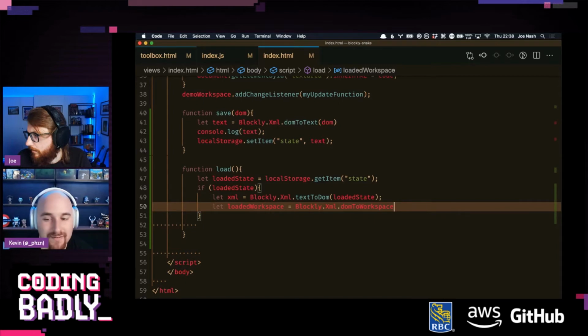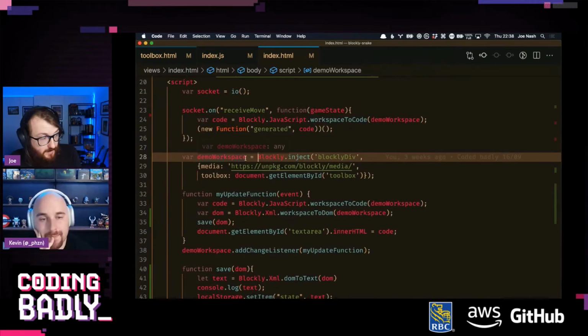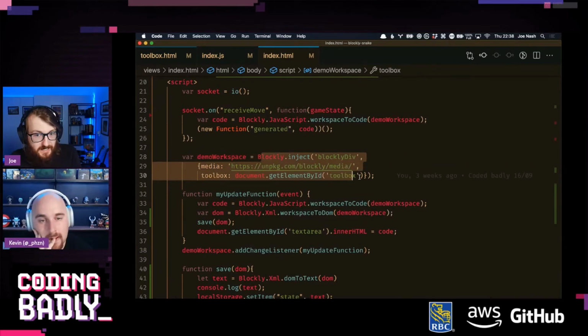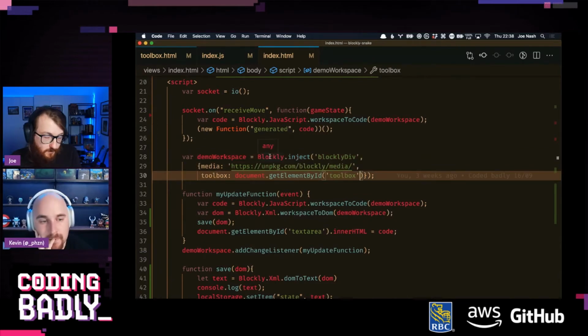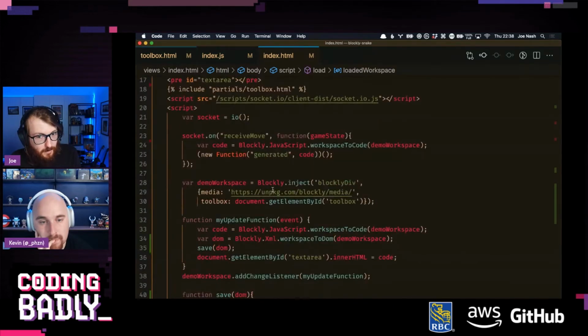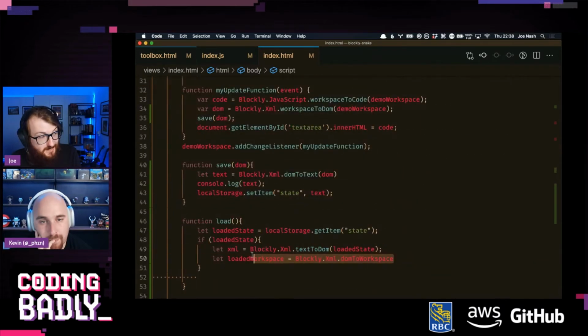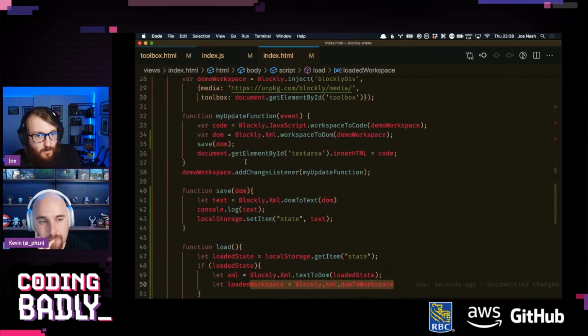Sorry, you didn't speak fully aloud, so I'm not quite sure what your thought process is. So we create a workspace via injecting our toolbox into the canvas. We've created a workspace here. I don't know how that interacts with this injection, whether we now just inject this straight into the canvas instead.